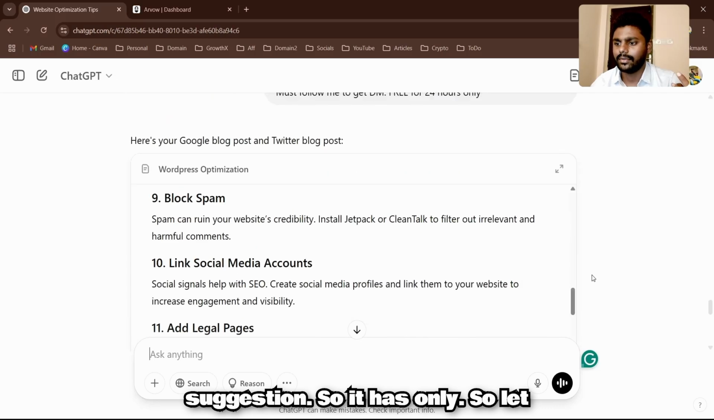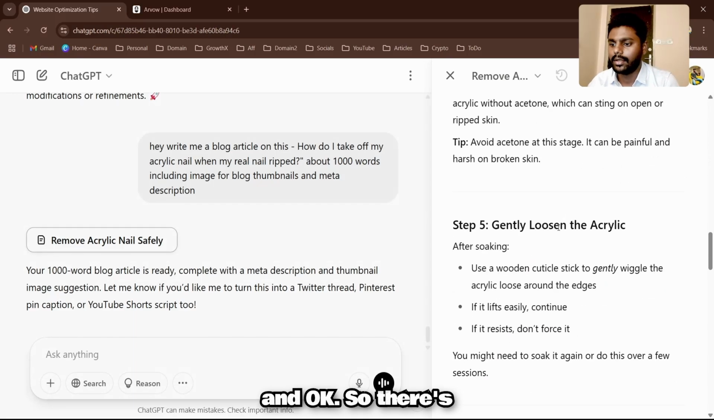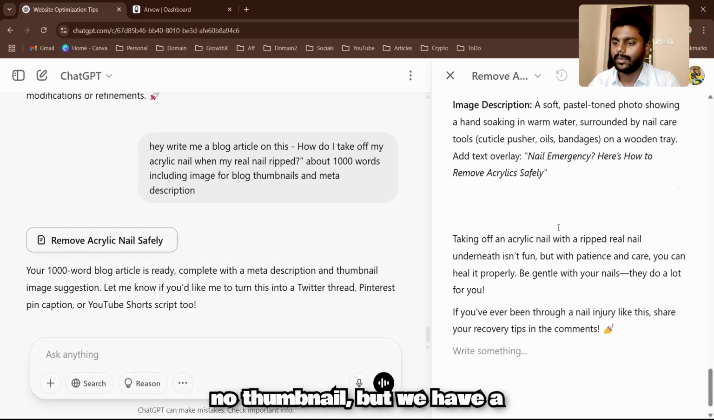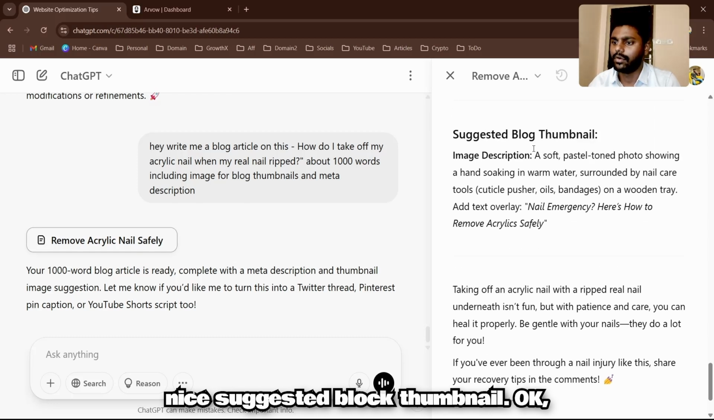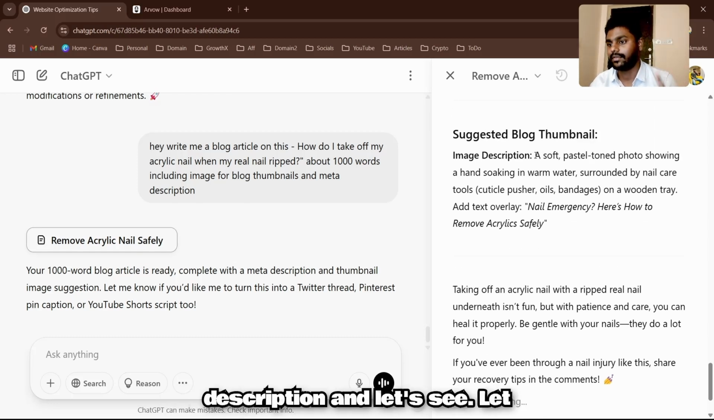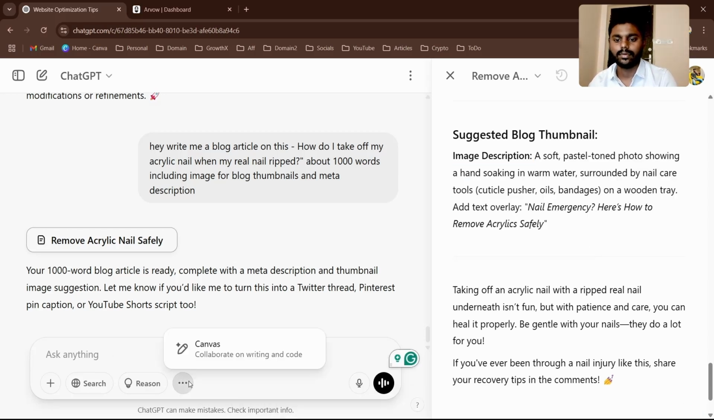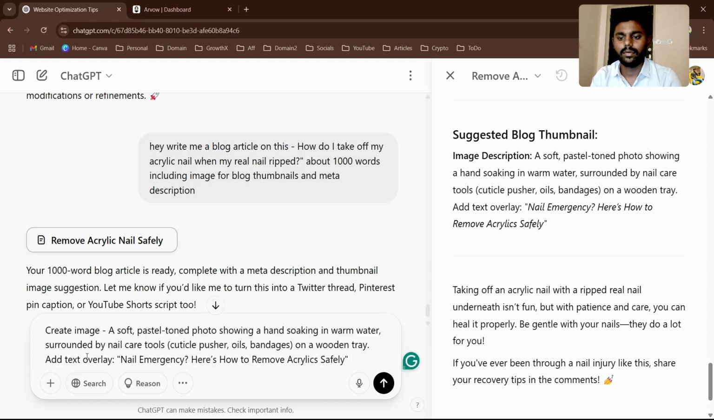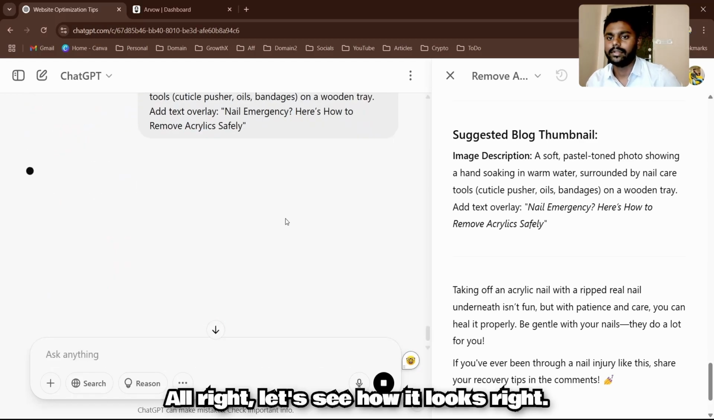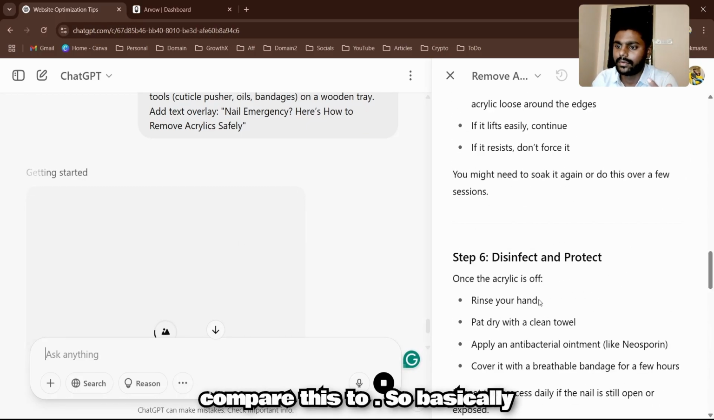Let me open it and make it full screen. There's no thumbnail, but we have a suggested blog thumbnail and an image description. Let me generate this. Okay, create an image. All right, let's see how it looks. Let's give it a moment. Now, if you compare this to Arvow,